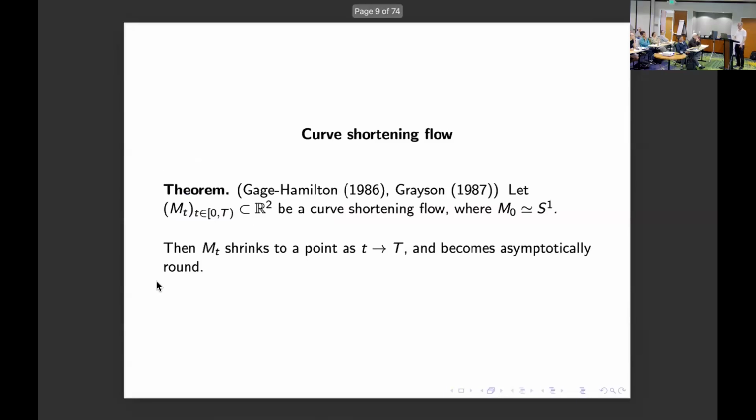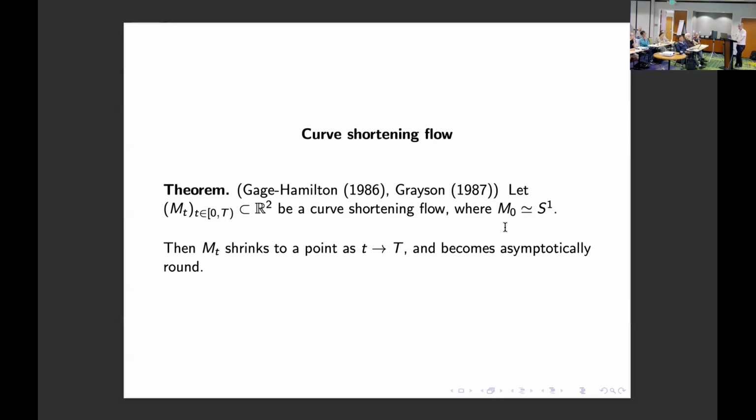All right, so the simplest case is probably to drop one dimension. Let's go from looking at surfaces in R3 to looking at curves in the plane. So the mean curvature is just the geodesic curvature, and mean curvature flow in the plane is usually called curve shortening flow. So here the beautiful theorem of Gage, Hamilton, and Grayson is the following, where you have a curve shortening flow in the plane whose initial condition, M0, is connected, just a nice smooth, simple closed curve, right?